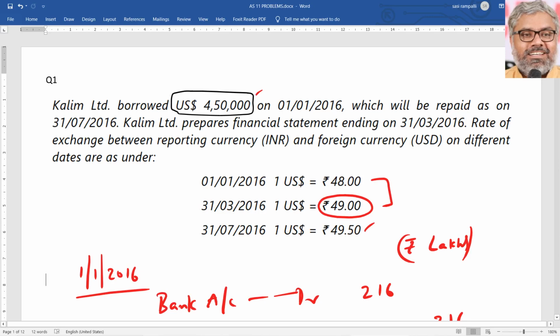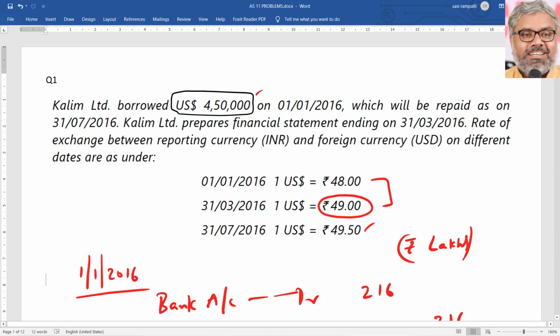Whenever we are applying any particular provision of that accounting standard, even with a small 2-3 lines also no problem, but you should refer to the accounting standard number and what provision from that standard you are applying here. Here what did we apply? First of all, this is a monetary item, and when the monetary item has to be reported at the reporting date, it has to be reported at closing rate. And when there is any difference between the exchange rate on the date of transaction and the exchange rate on the reporting date, such a difference has to be treated as income or expenditure of that year as per accounting standard 11. That's what we did.